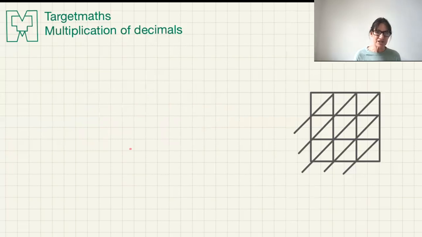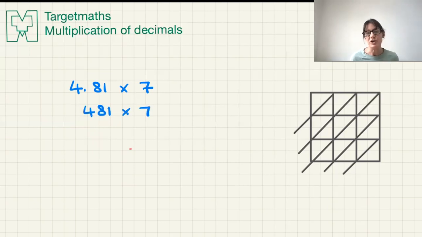All right, so moving on. We're going to do questions that are outside our times tables. So for example, we could do 4.81 times 7. I will rewrite that question to be 481 times 7. And of course, I don't know my 7s all the way up into the hundreds. I know them up to 7 times 12, and that's about it. So this is where we would start to use our